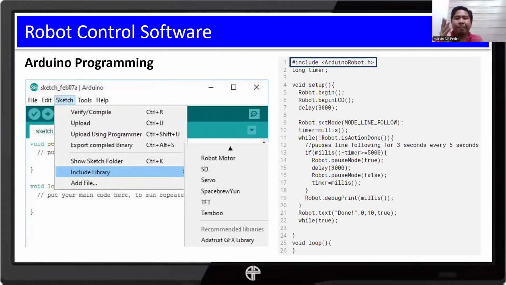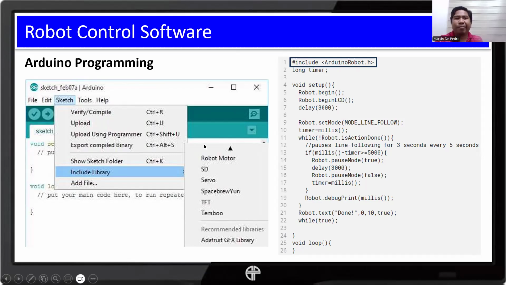The point is, with the help of libraries, we can actually come up with complicated or advanced Arduino programming without going through a very long code. That is possible through ready-made predefined functions.